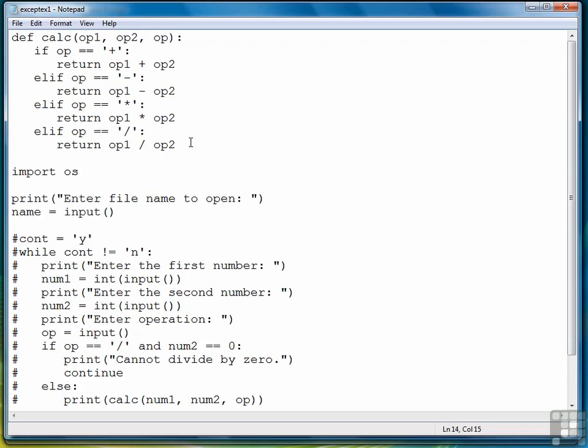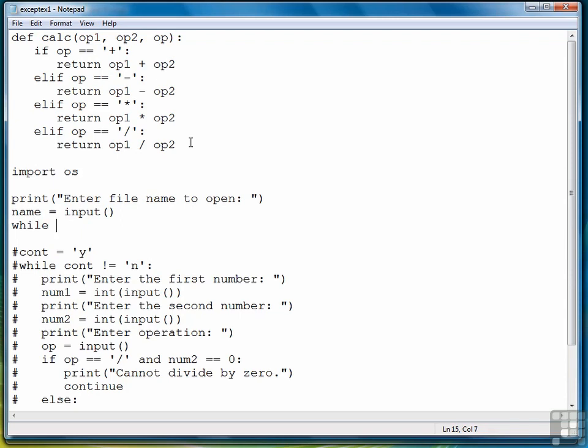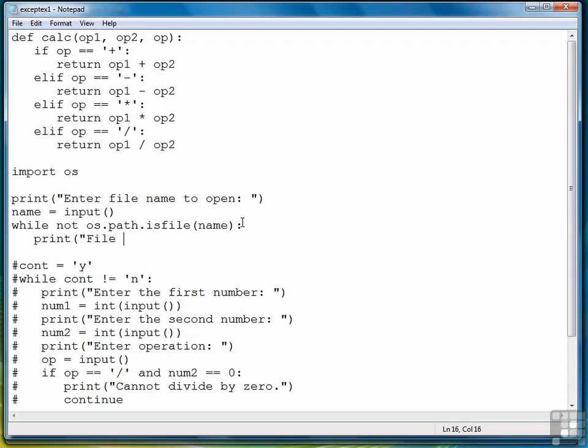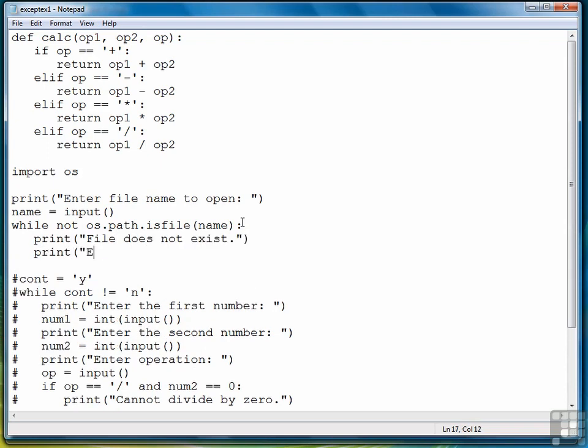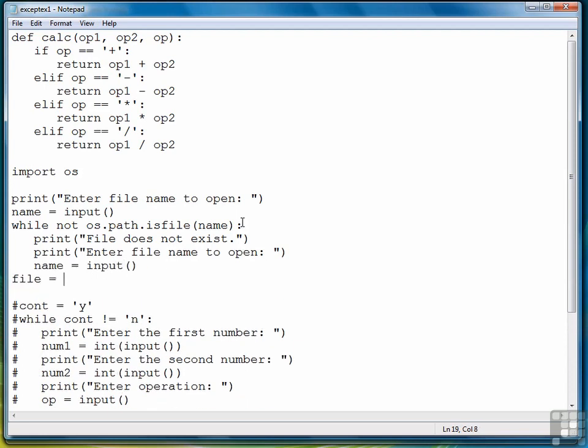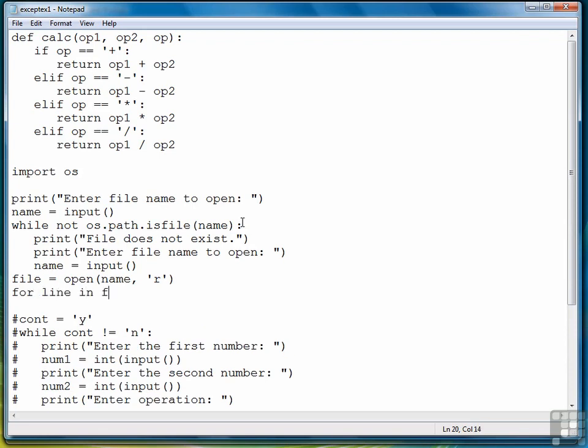Following the same strategy as the previous program, we're going to use a special function called isFile. It's actually found in os.path.isfile. And what this snippet of code right here does is check to see if a file exists. So what we're saying is if the file does not exist, then we're going to print an error message, and then we're going to prompt the user to enter the file again and continue on. Otherwise, once the user does enter a legal file name, we're going to open the file, and then we're going to print out each line,